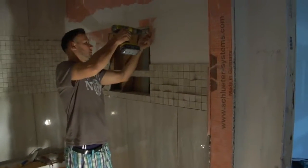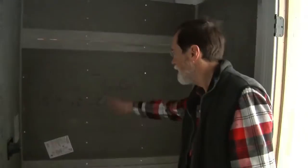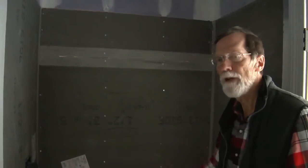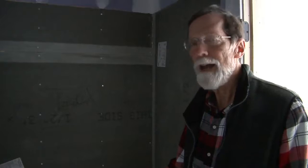Now for our soap niches and our seats, this will be cut into the wall, and we'll also use a Curdy product to go in here and make all this 100% waterproof. At the end of the day, when the Curdy system's in place and it's set up and dry, then when we lay the tile before we grout, or maybe even before we lay the tile, depends on the process of